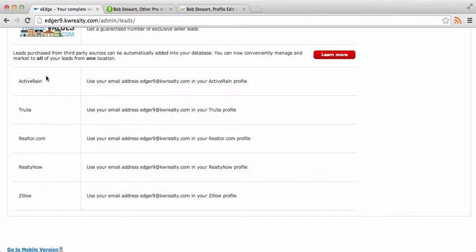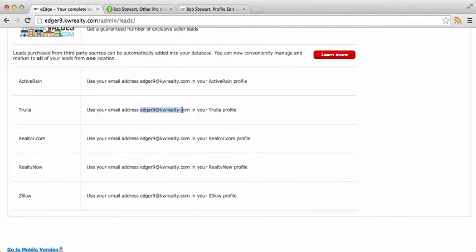This essentially eliminates the random emails and you trying to take that information and create a new contact in your eEdge, or maybe even getting busy that day and forgetting about it. The idea is let's get everything in one place so we're working all of our leads with a system and in one location. So let's use Trulia as an example first of how we could use this email address.